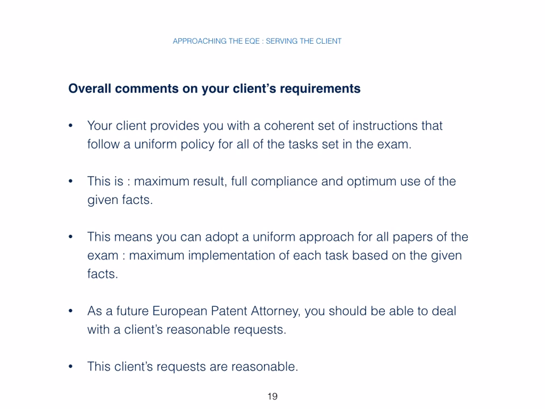on the given facts. By maximum implementation, I mean for paper A, you have to get the broadest possible valid claims. For paper B, you have to have the maximum support for the amendment by maximum arguments. For paper C, you have to have the strongest possible opposition against all claims. For D1, you have to quote the maximum amount of legal bases. For D2, you have to provide all useful advice based on the maximum amount of legal consequences that you have